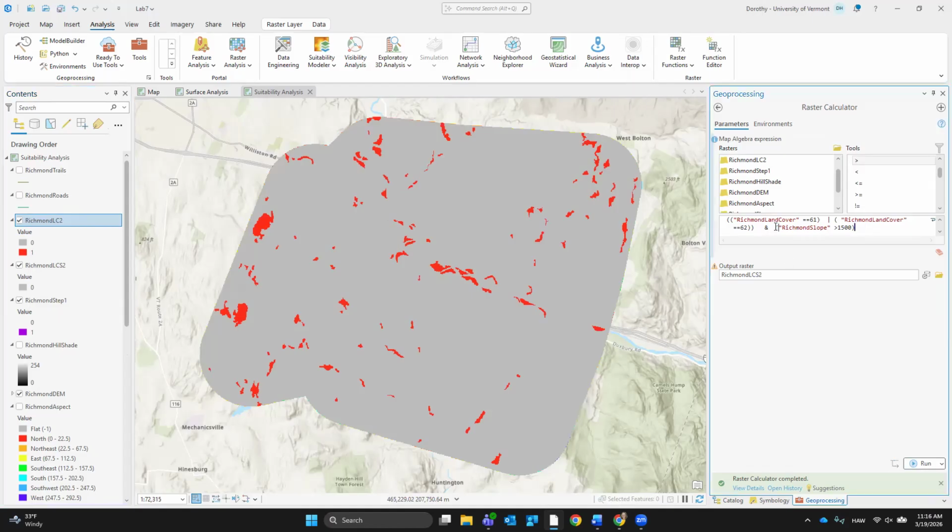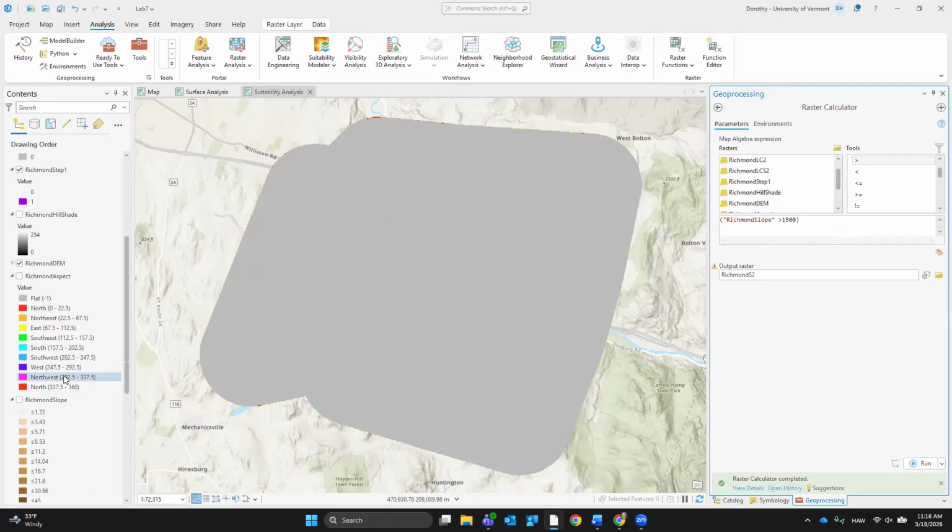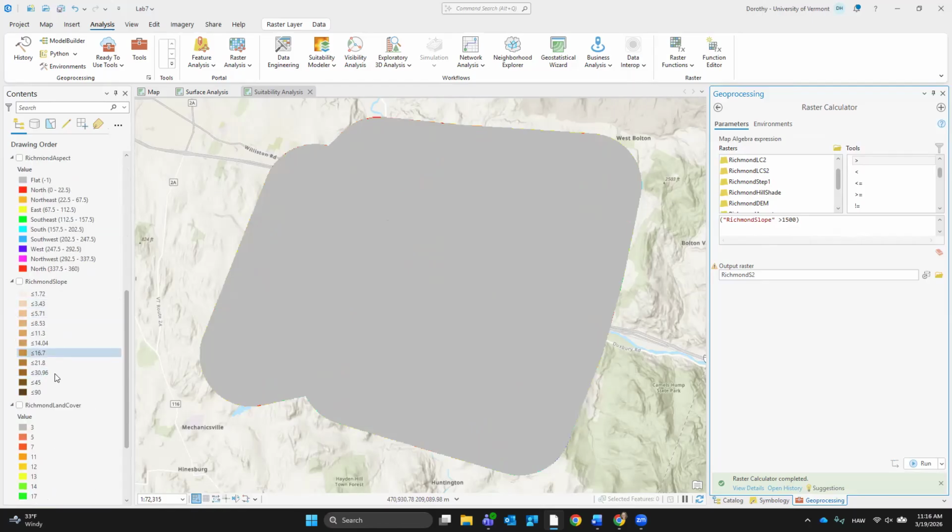I just did Richmond slope. This is just a way for you to figure it out, right? I'm going to call this slope 2, Richmond. Slope 2, run. Something's not right, because in Richmond we know that there are slopes. Oh no. Is that right?